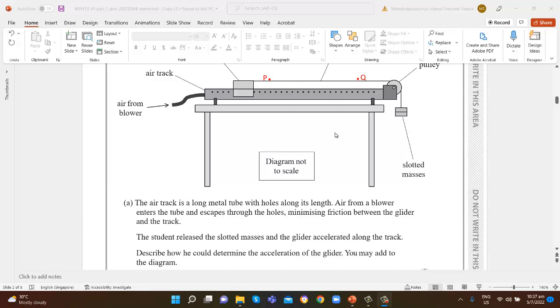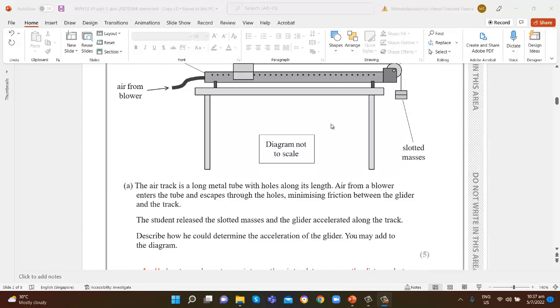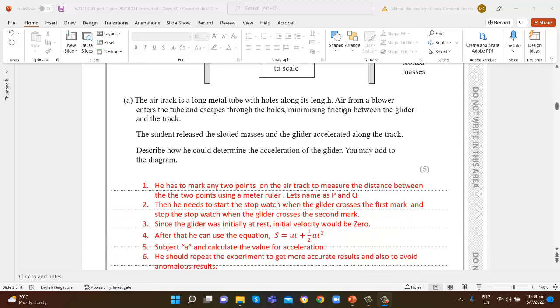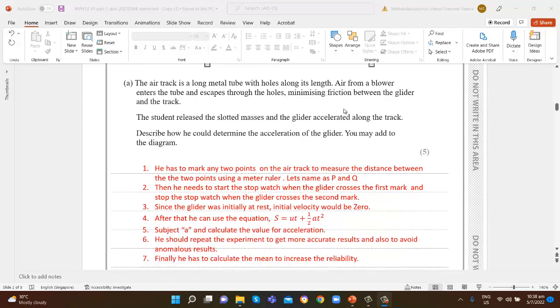U is going to be 0, which means ut is going to be 0. Then you have to subject a. Finally, you have to repeat this experiment at least 5 times